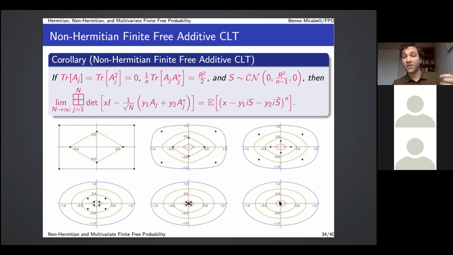And the fact that all the eigenvalues just converge to the origin follows from our single variate finite free convolution under these constraints that the first two moments of all of my matrices are 0. So all the eigenvalues go to 0, but just knowing that is not all the information there is to know. With these non-Hermitian characteristic polynomials, we also get this information that gives us these concentric circle higher rank numerical ranges.